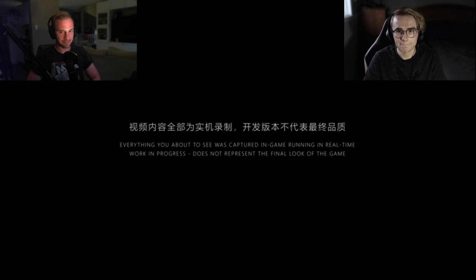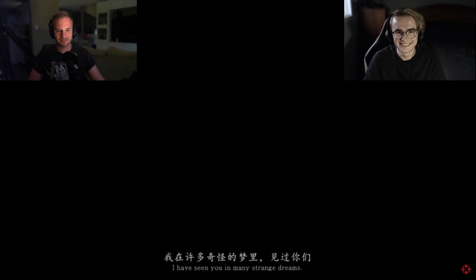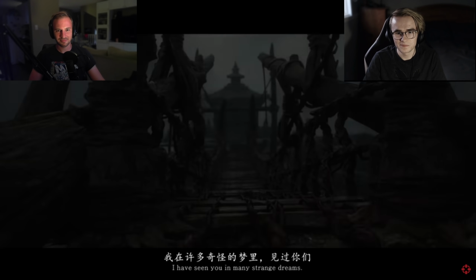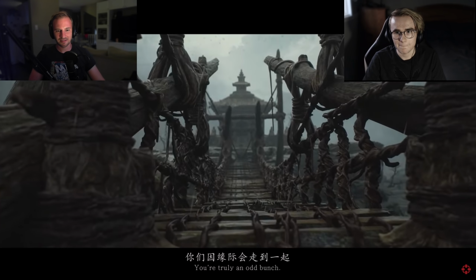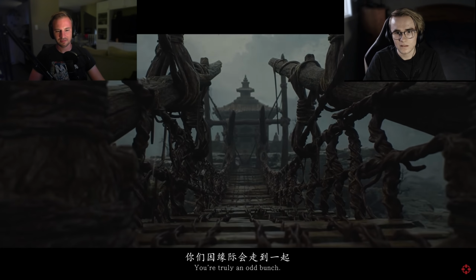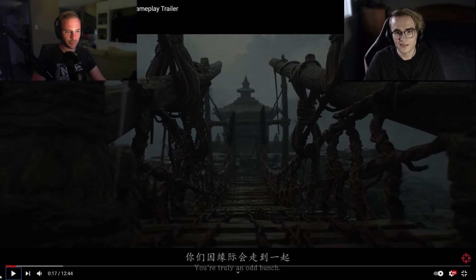Captured in game. Wow. 我在许多奇怪的梦里见过你们，你们因缘际会走到一起。